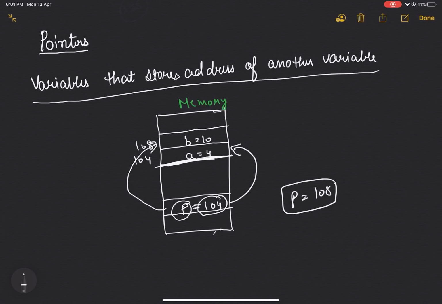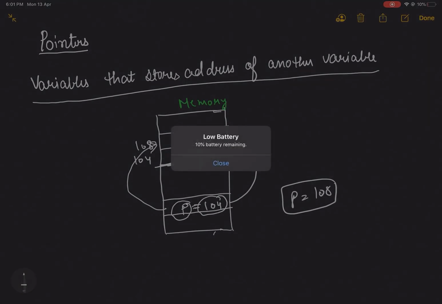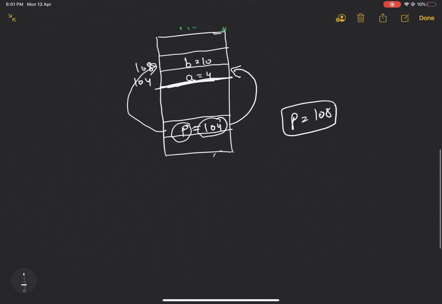Now let's discuss the syntax of pointer variables. Let's say we have declared a variable a. If we want to declare a pointer, it is declared like a variable, but we append an asterisk sign as a prefix to the variable.